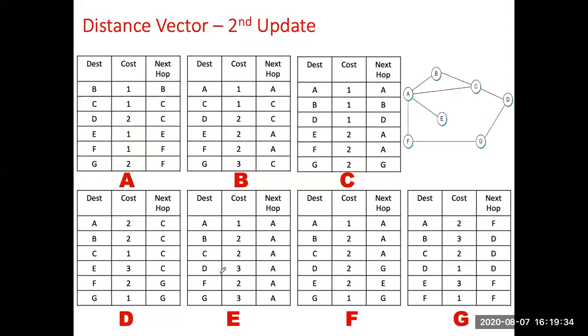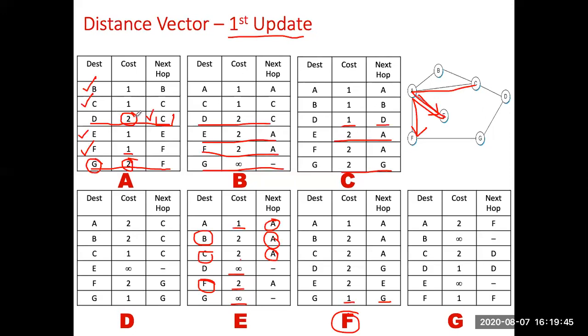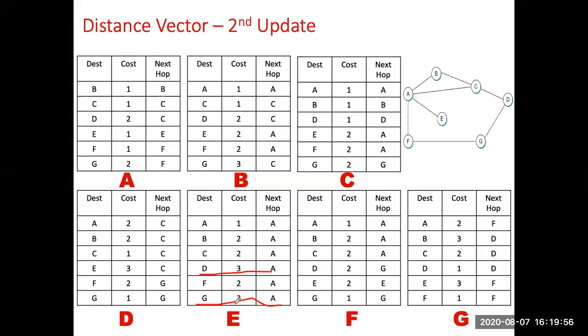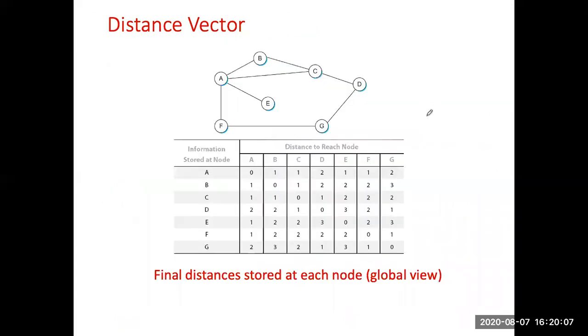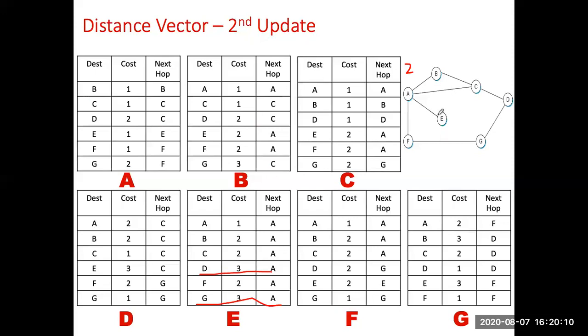We can see that D was infinity for E. Similarly, G was infinity to A. As in the first update, A was updated. We can see it has updated that the distance to D and G is 2. So when this information is shared in the second update to E, now it can calculate that G and D have the cost of 2 for A. So when E tries to reach these nodes,